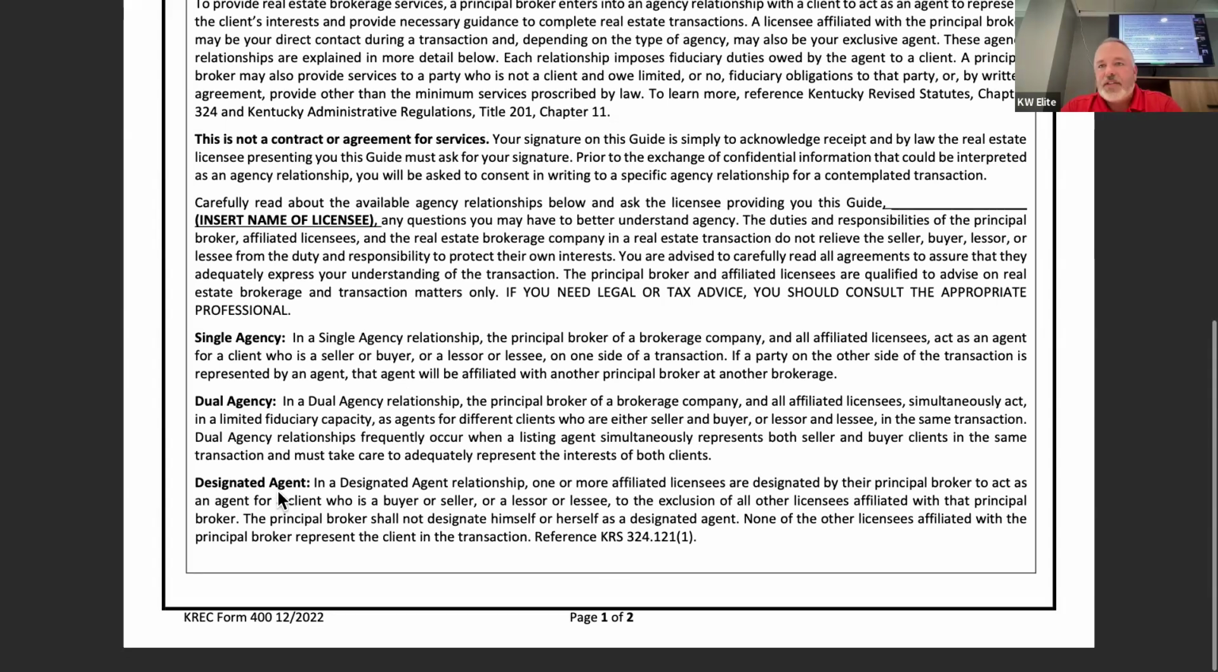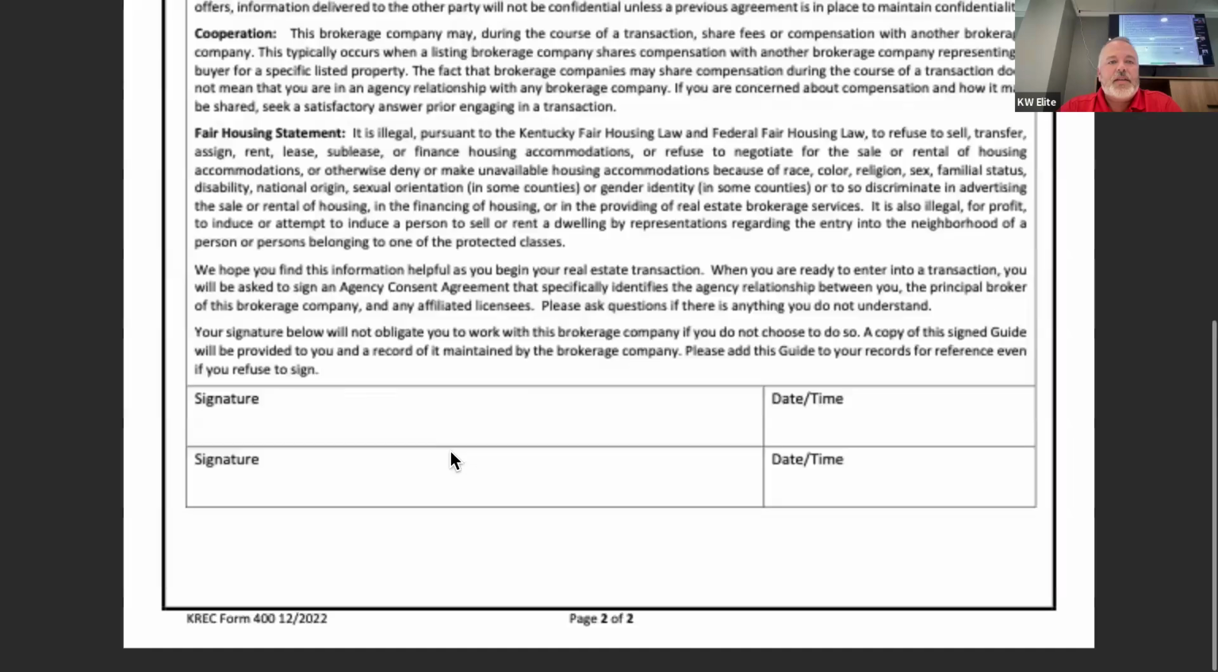Designated agency, we don't use it. Don't talk about it. Just tell them right away. Designated agency, for those of you who, like me, it's been a while since you took the classes, is where the broker basically assigns somebody to represent each individual party. We don't do that. We do allow you in the state of Kentucky and at our offices to operate as a dual agent, meaning you can represent both parties. Nobody is designated. Then going to page 2,